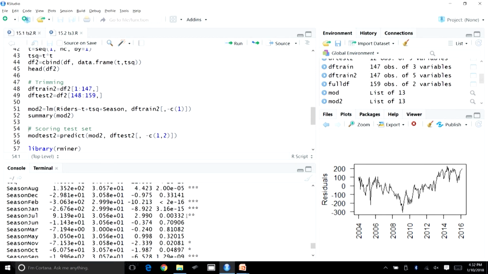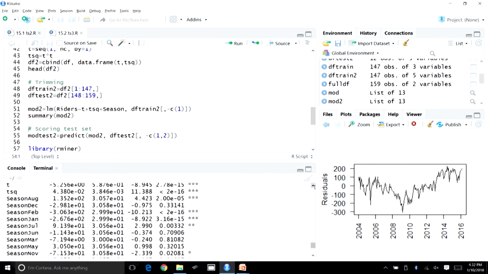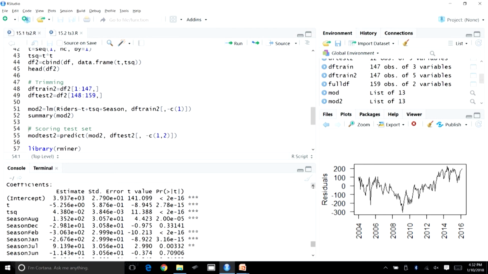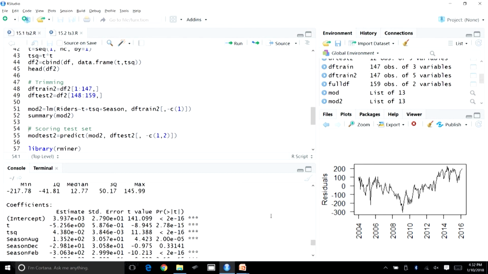July and January, February were earlier significant as well, but for July the significance level has gone up. August is significant again. So, seasonality is significant, seasonality is present. Now, t and t square are also significant. It seems that this model is going to perform quite well, so let us check that out.